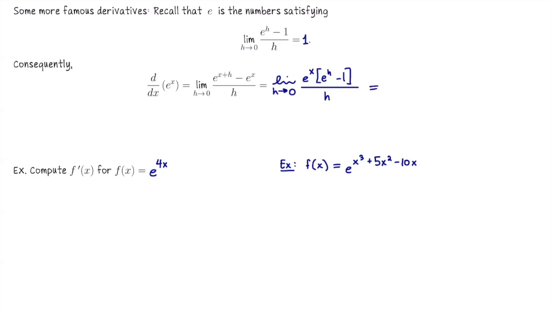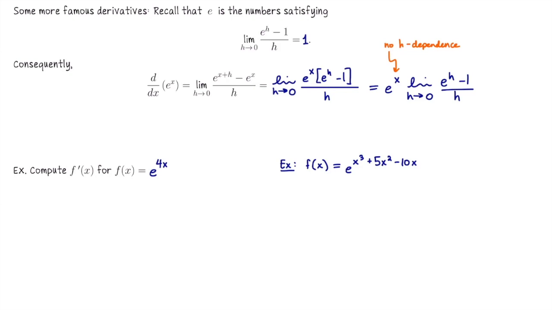Pull the e to the x in front, and we have the limit as h goes to 0 of the quotient at the top, e to the h minus 1 over h. We can pull that e to the x out front because that has no h dependence. So in this calculation, x is a number in the domain that you fixed, and then you're just pushing yourself away from x by a little factor called h, but x is already a fixed number, so e to the x is just a number. You can pull that in front of the limit,